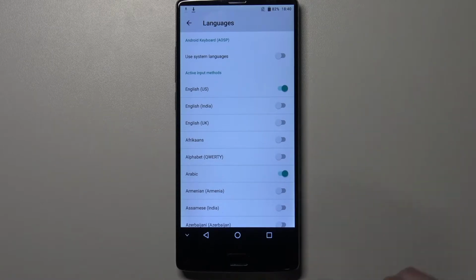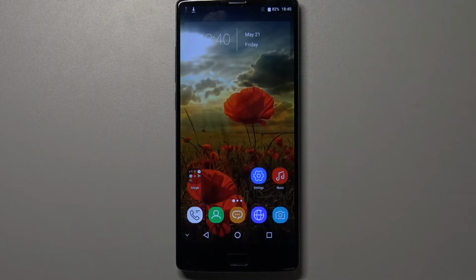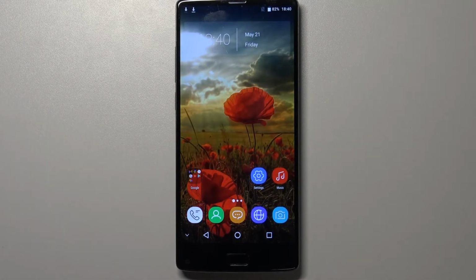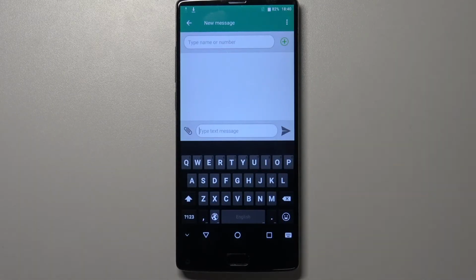So I will pick Arabic because it's quite graphical language, and right now we can go to the keyboard and check how it will look like. So let's open the keyboard, for example, in messages. It doesn't really matter, and here we've got two things which will tell us that we've got two different languages